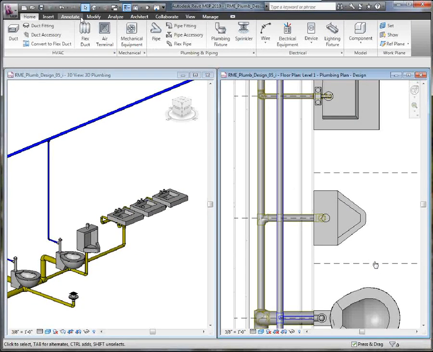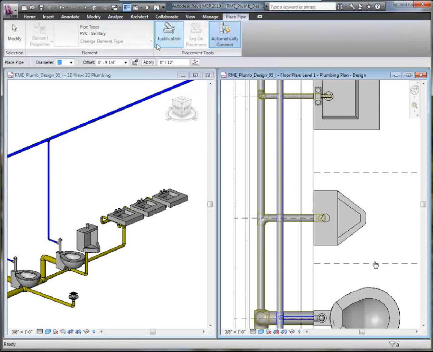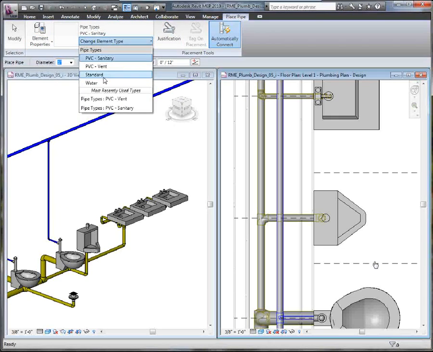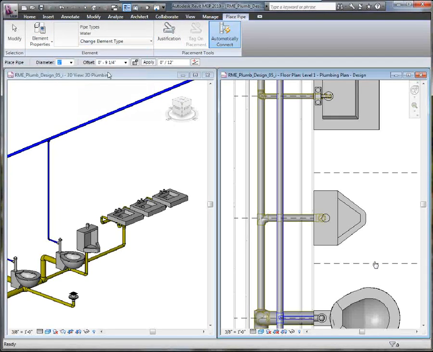We're going to do this with the pipe, selecting the pipe and making sure that we change the different type of pipe that we're using here. Right now it's sanitary, but we want the water pipe because it's a water system. Change our diameter to the size that we want, 3/4 inch. And our offset, we're going to set to 10 feet, which is the elevation of that pipe that we want to connect into. You'll notice our slope is at 0. So click on an intersection of that and start from there, and then enter an offset to go to